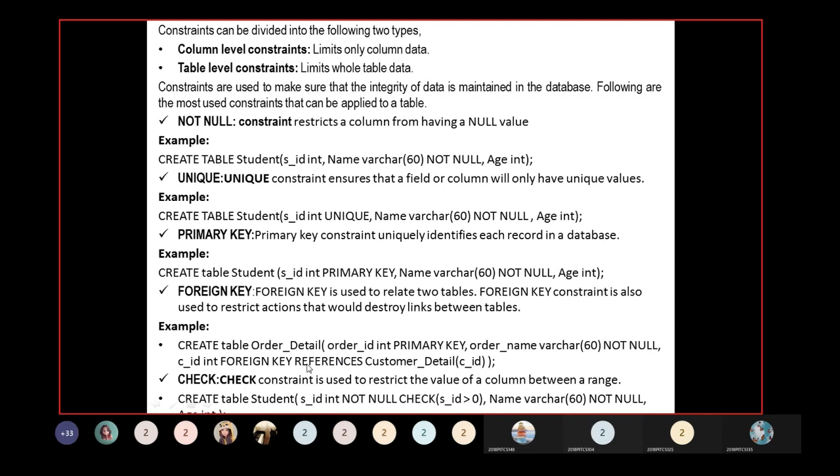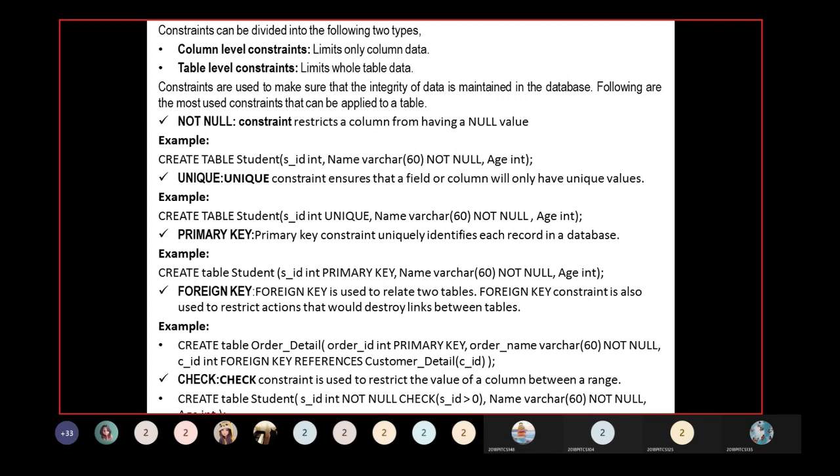When you are using a foreign key, we should call the reference, then the parent key of the previous table, that is our customer details, which is another table. By using that unique ID, C underscore ID, the foreign key is a key used to link two tables together. A foreign key is a field in one table that refers to the primary key in another table.